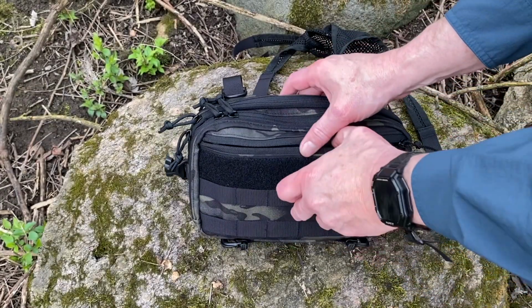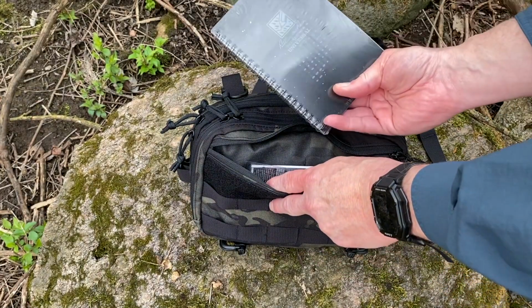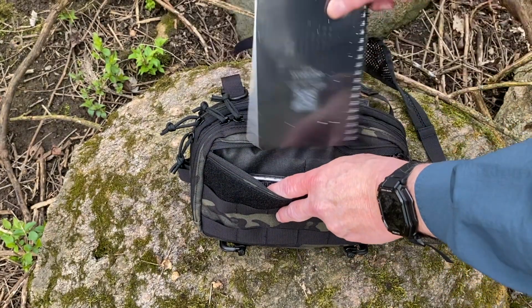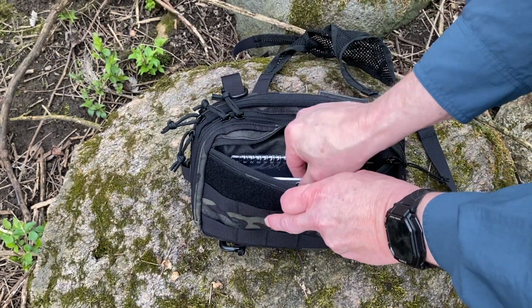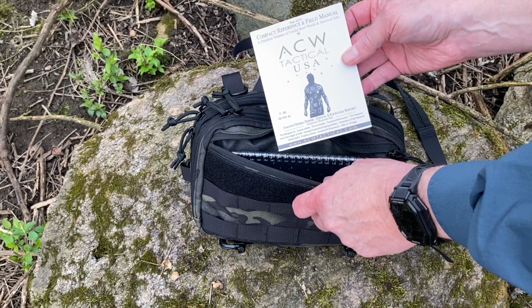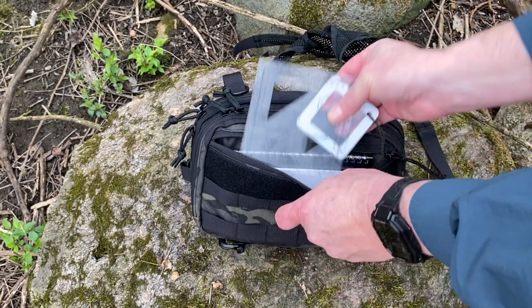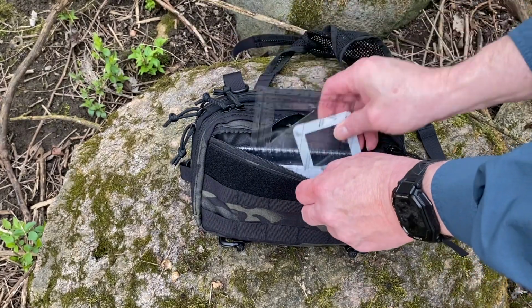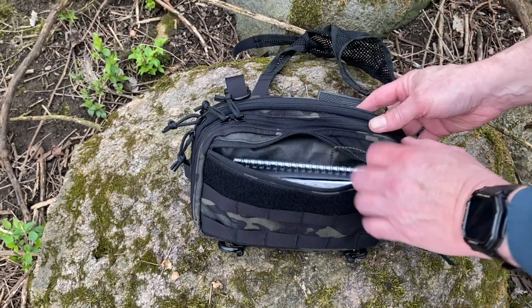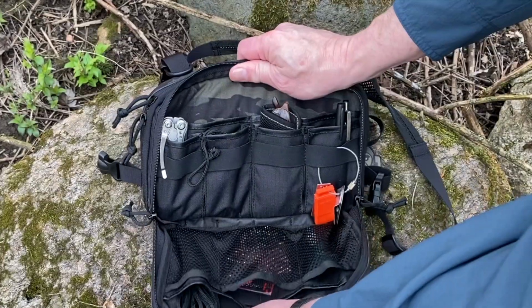So in this front pocket, I've got several things. I've got a Right in the Rain. I've got my ACW Tactical Compact Reference Field Manual. And then I've got a couple grid readers. So now you open this up,